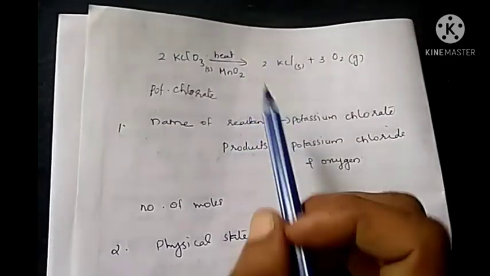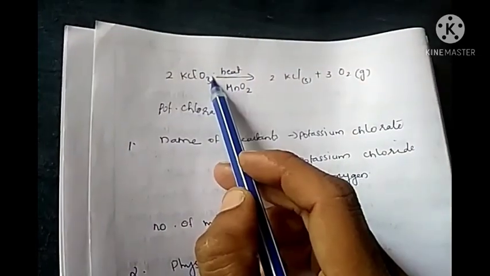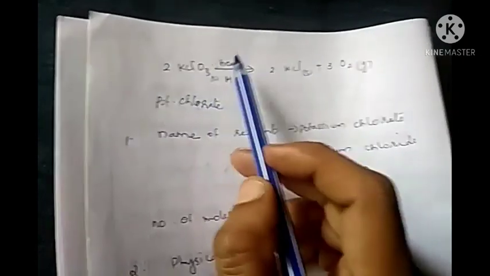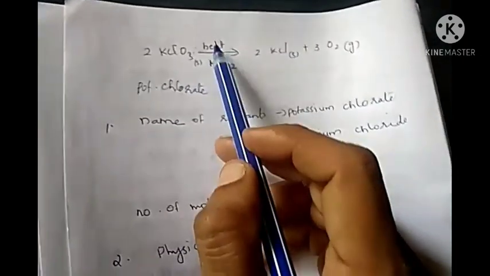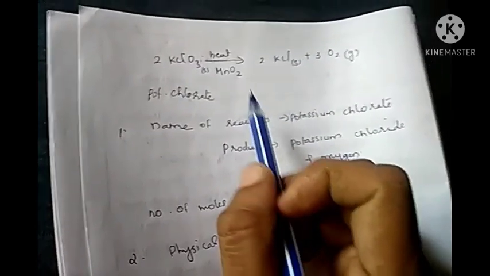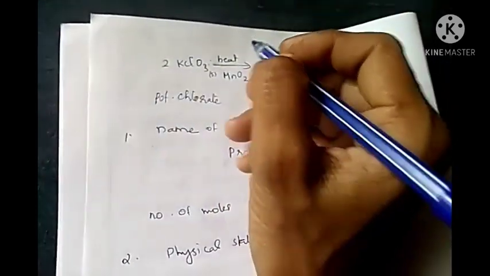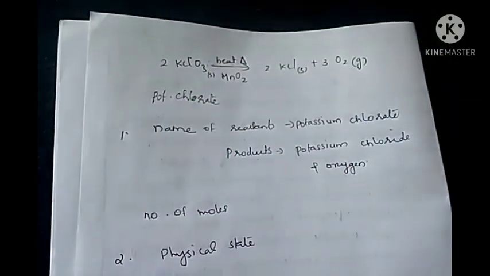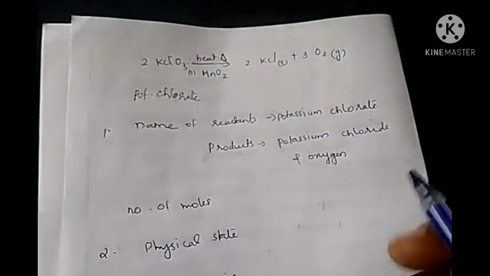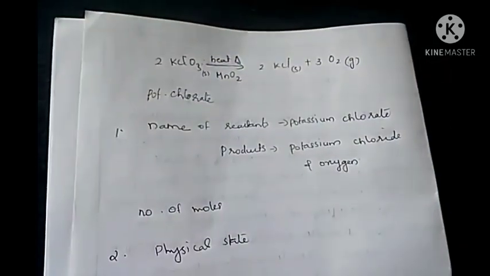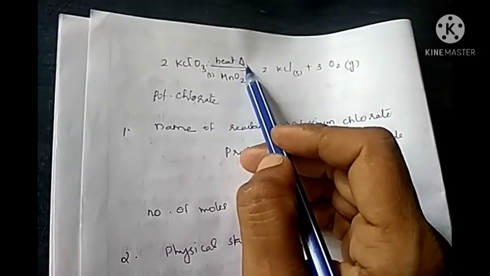And if the equation is an endothermic reaction, we can write plus heat in the reactant side, or we can write heat above the arrow. Both represent endothermic reaction. Or instead of writing this heat, we can put a symbol like this, delta. That also represents heat. Either we can write heat or we can put the symbol delta. Both represent heat. So these are the information we are getting from the balanced equation. Hope that it is clear for all of you.